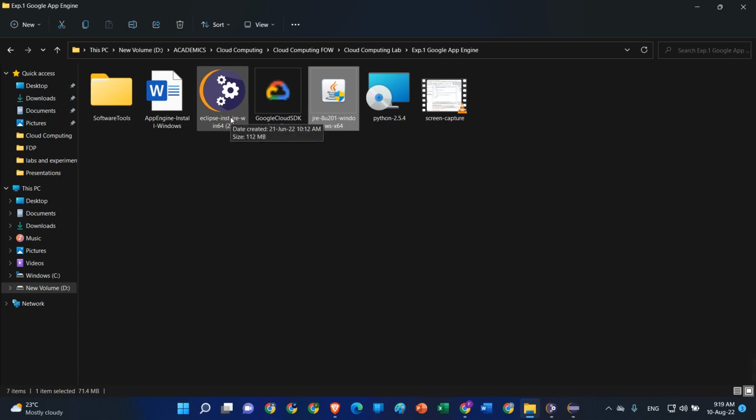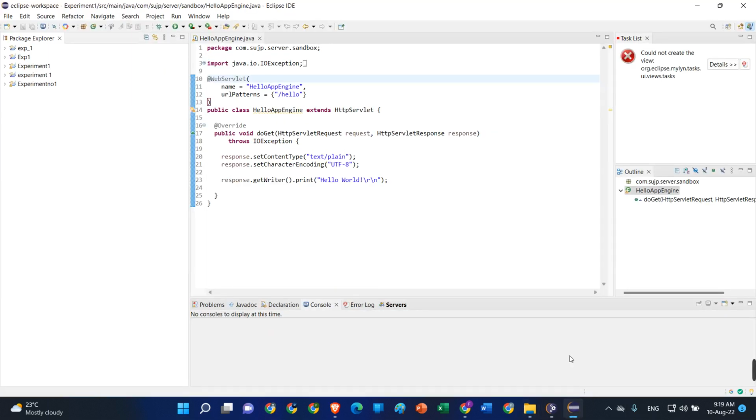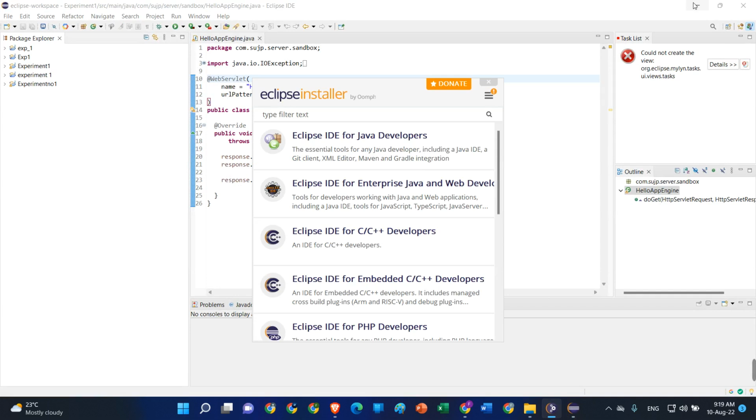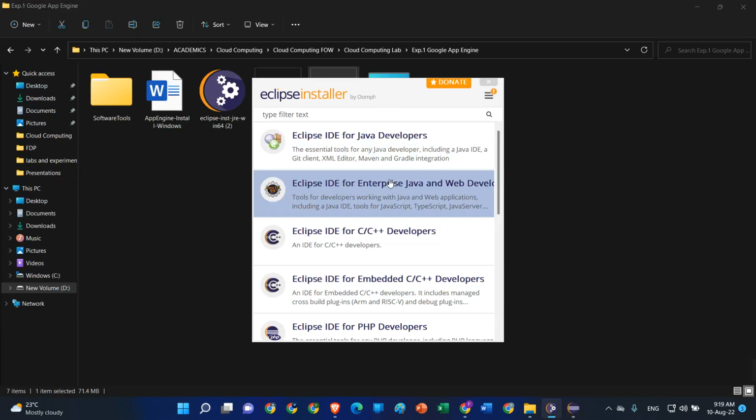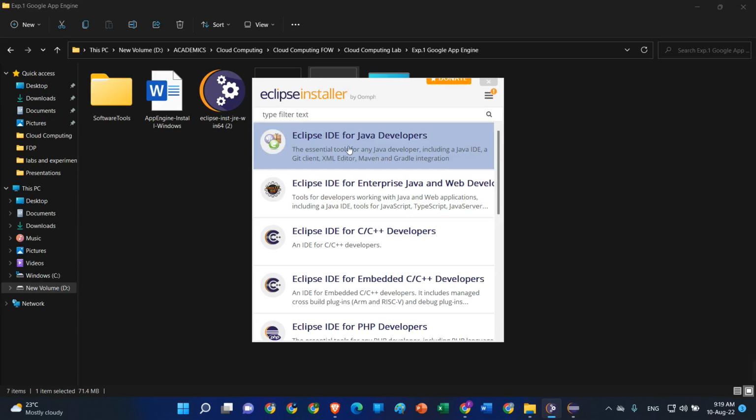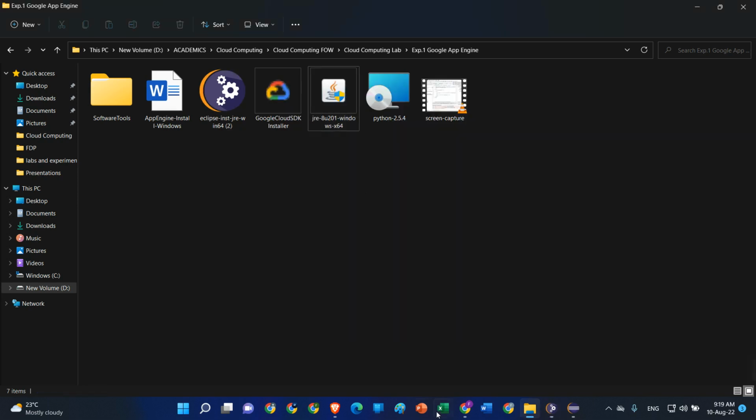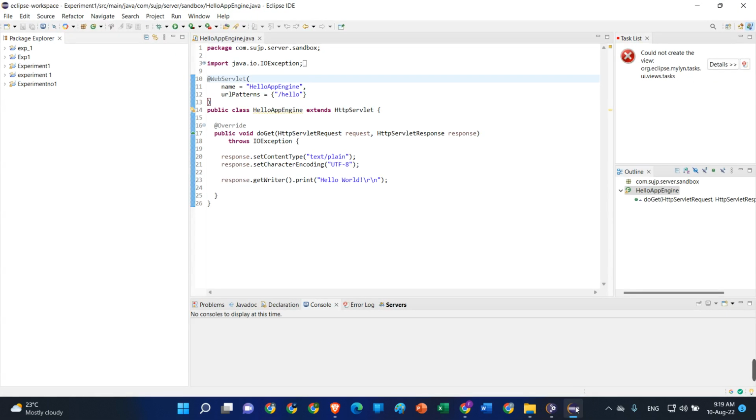Okay. After that, I will recommend you install Eclipse IDE. In Eclipse IDE, I am recommending that you install Eclipse IDE for Java developers. Don't go for the enterprise Java and Java web development, as it's not mandatory. You can go for this also, but I will recommend that you go for the Java developers. Okay. After installing this IDE,